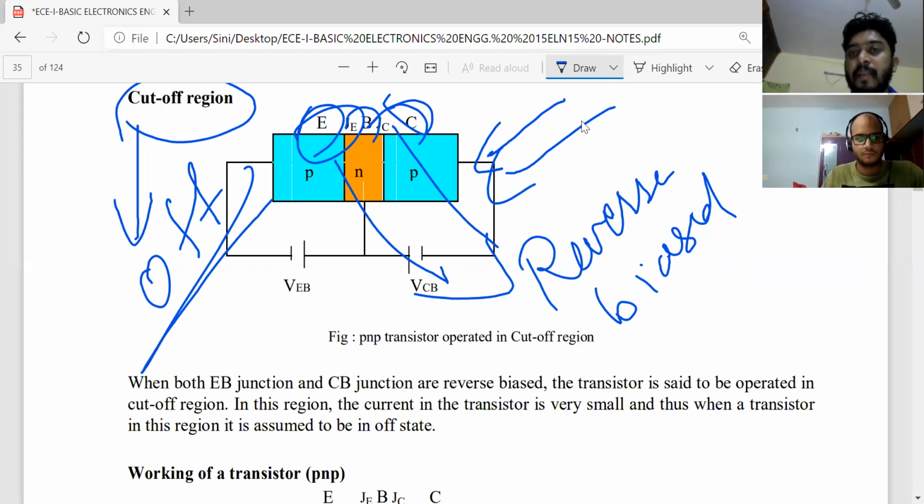So active region, we have to remember emitter is in forward bias, collector is in reverse bias. For saturation region, both are in forward bias. Cutoff region, both are in reverse bias.